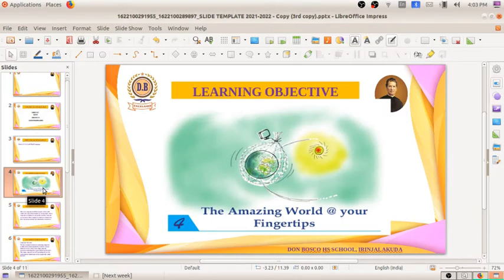The chapter name is Amazing World at Your Fingertips. From the chapter name itself, you can understand that at our fingertips we are getting the whole world. How is that possible? What is the meaning of that? In a single click, or by using our finger, we can get information about the world from all parts of the world.